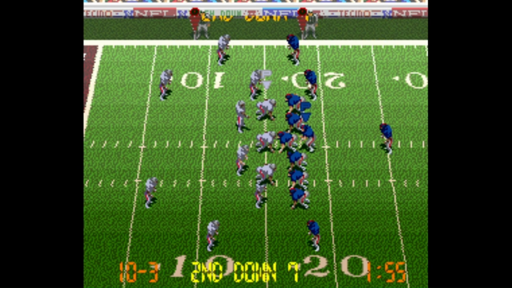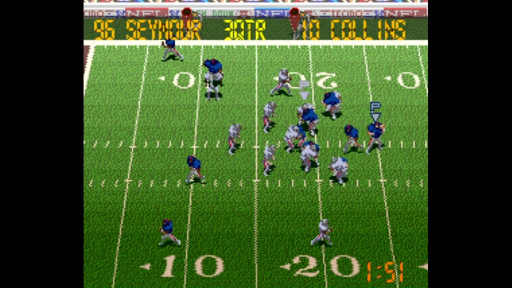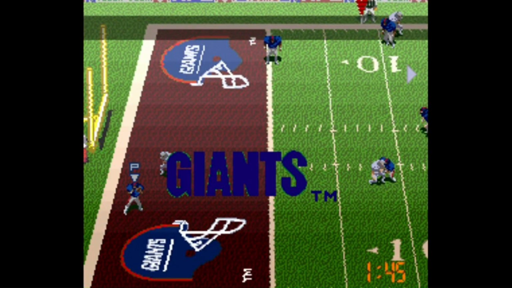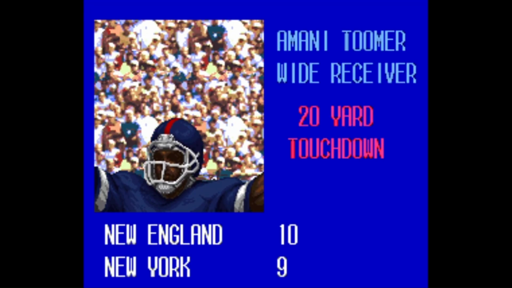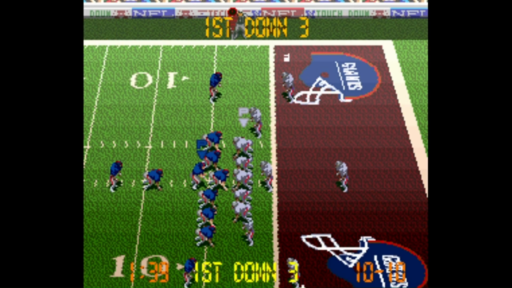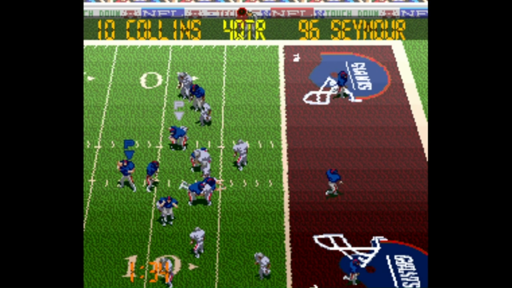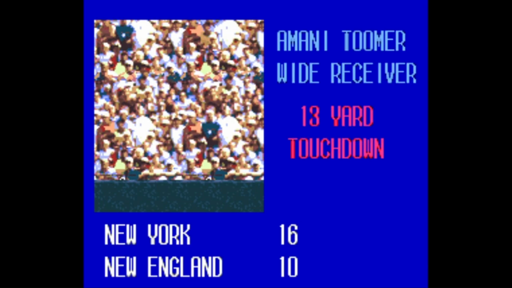The Patriots lead 10-3. The Giants are trying to get their offense into gear. From the 16-yard line, this pass goes to Amani Toomer. Makes the catch in stride. That will tie things up at 10 apiece. The Giants' defense takes control, gets the ball back, and the Giants have moved it to the 3-yard line. Kerry Collins is going to once again look for Toomer. He ties the game. He now gives them the lead. It's 17-10. There's still some time left.